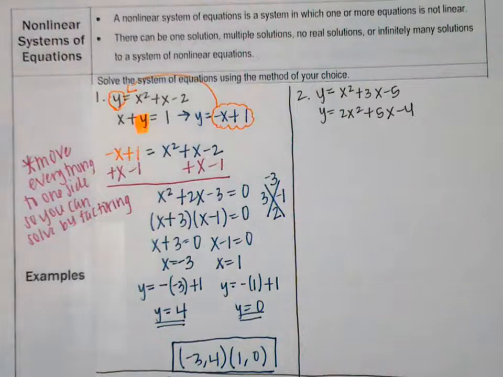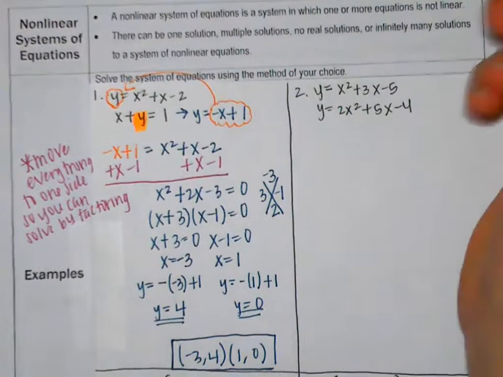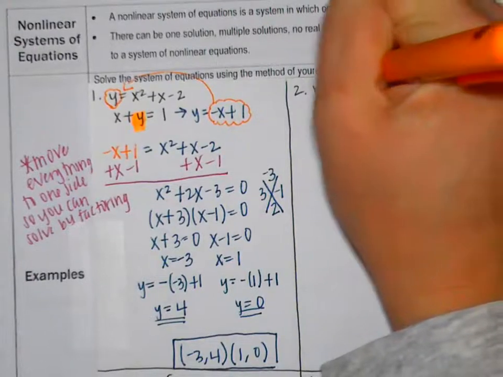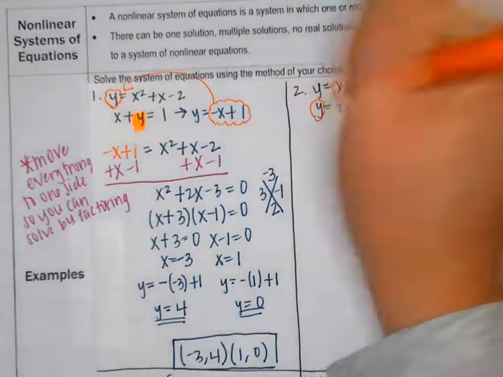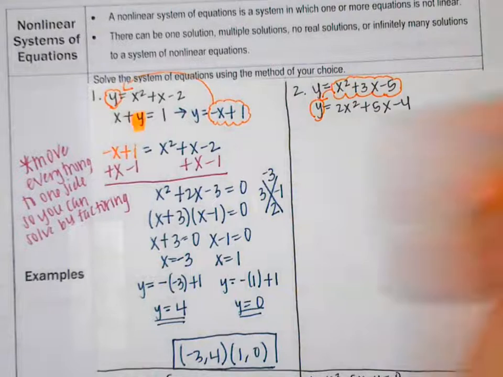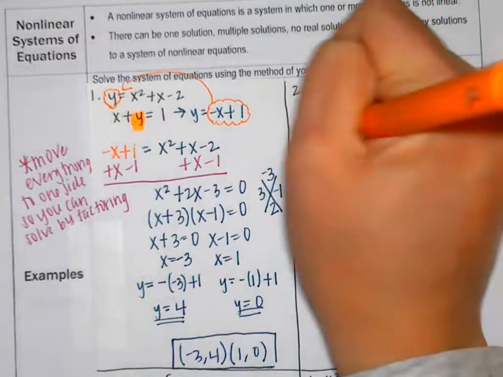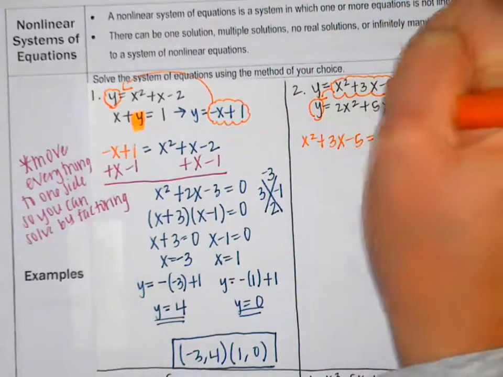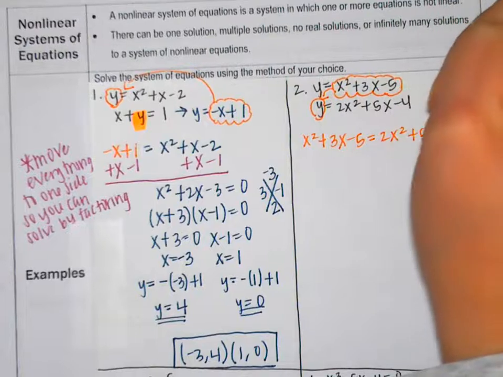Now this one's pretty straightforward because y is already solved for in both of these. So what I'm just going to end up doing is plugging this into here. And really it doesn't matter, you should get the same thing. So in for y, I'm going to plug in x squared plus 3x minus 5